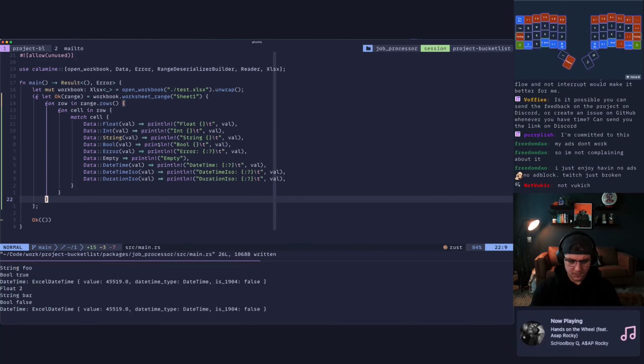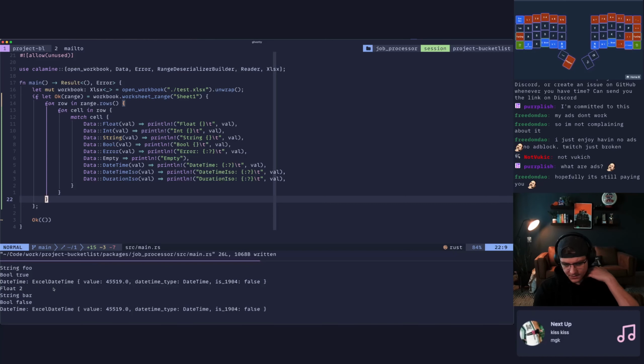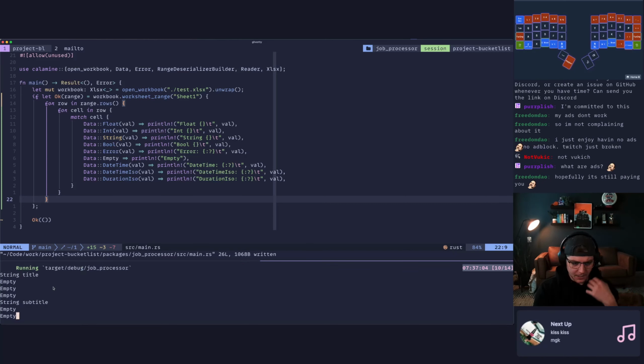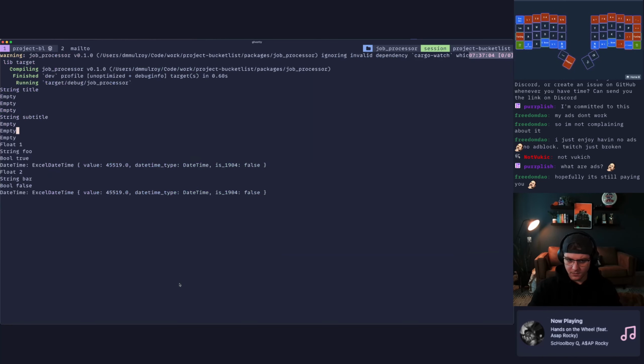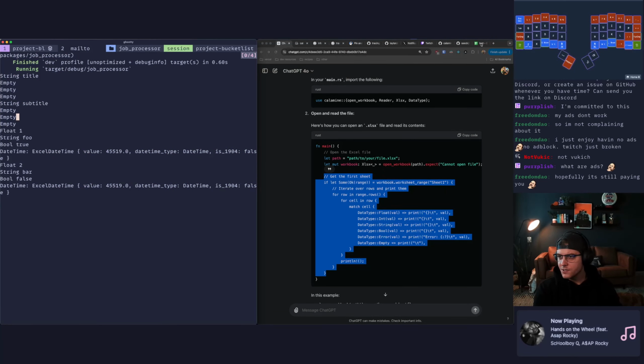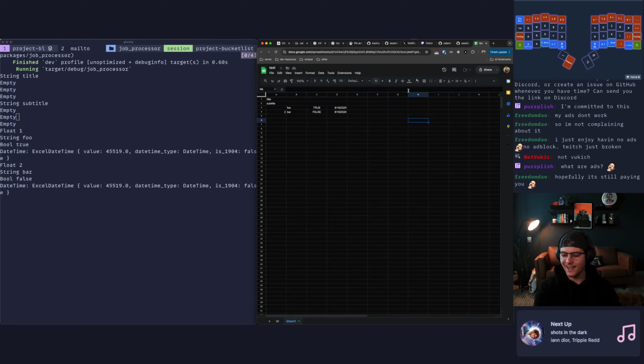All right, so we are seeing stuff print down here. Check this out. So we got, when we're parsing this sheet, let me make this bigger. When we're parsing this sheet here, this shit, the sheet,